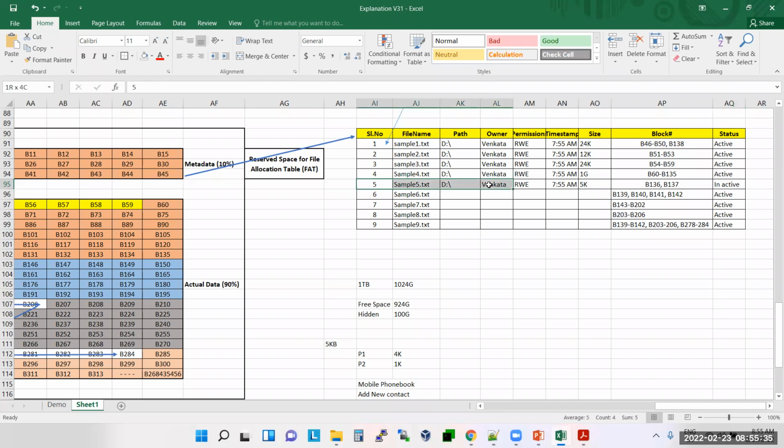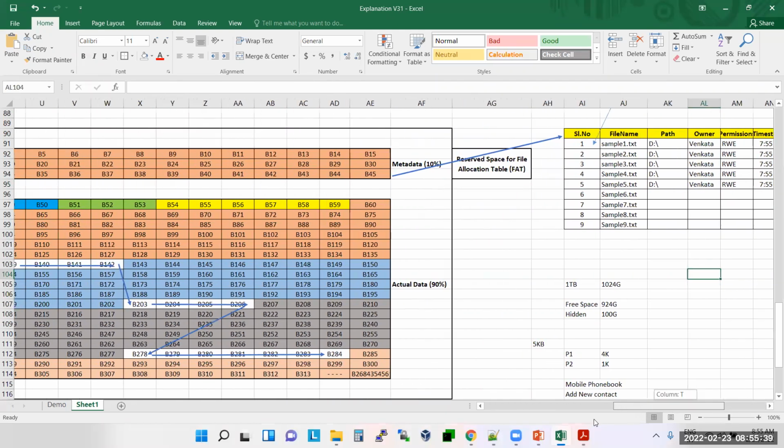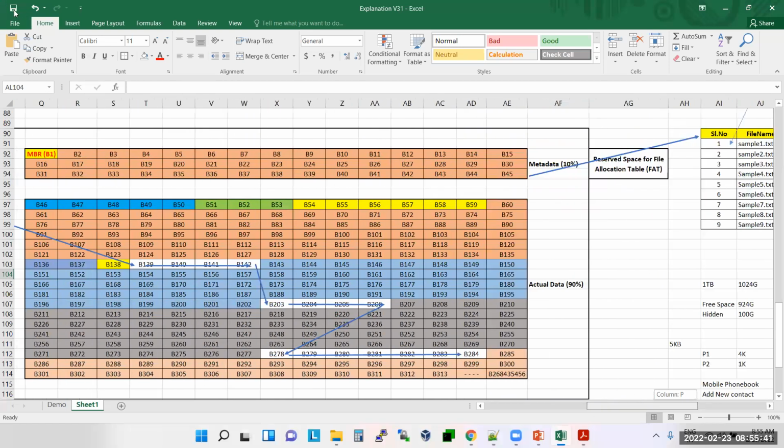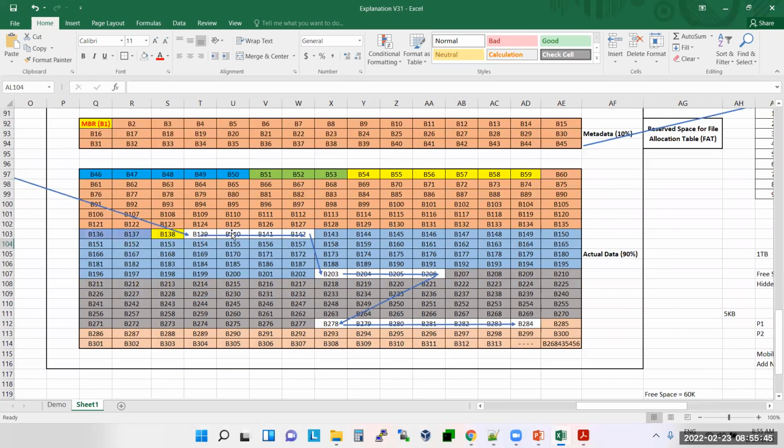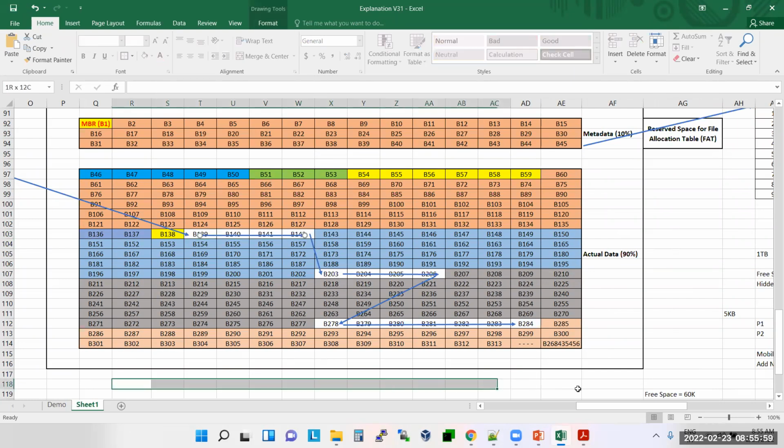Sir, when defragmentation is happening, will it allocate the blocks continuously? Yes. If defragmentation is happening, it will find all these blocks and data. See, this is the file which is here. After defragmentation, it will put everything into continuous blocks like this.